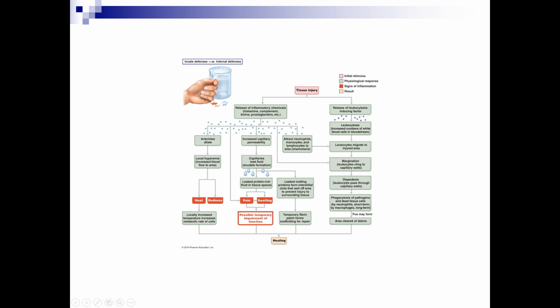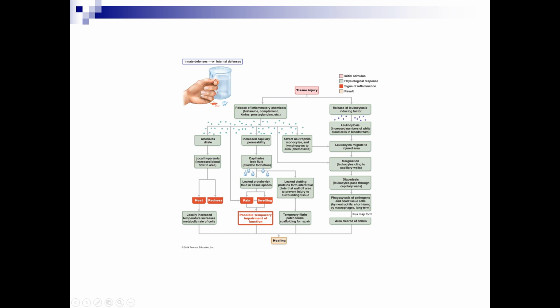Anyway, so then what else do we get? We get increased capillary permeability. Actually, it's not our capillaries that will leak fluid, but the post-capillary venules. Just after the capillary bed is what gets leaky, and that's where the fluid that's going to come out, exudate, because it's leaving the bloodstream. It's really plasma that's coming out. Now, in our plasma, we've got a couple of things that are going to come out here. One of them is protein-rich fluids, and so now we have nutrients and things that the cells will be able to use to